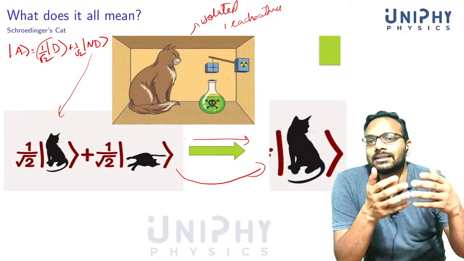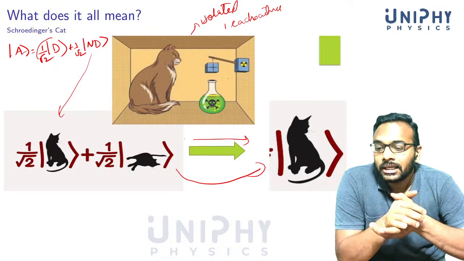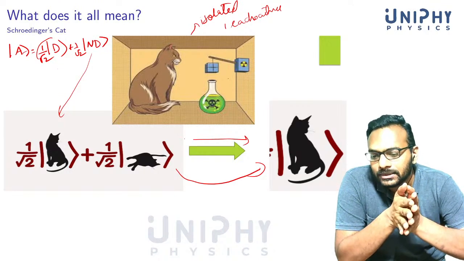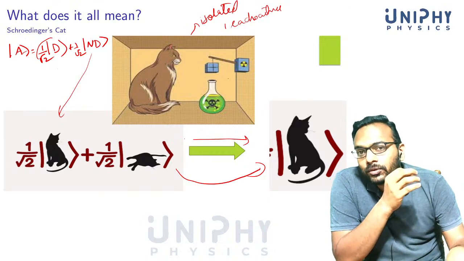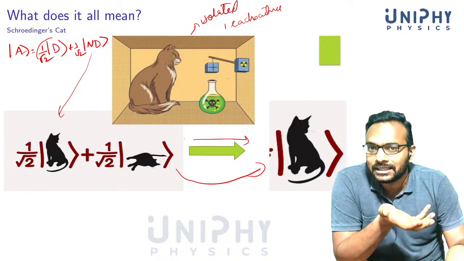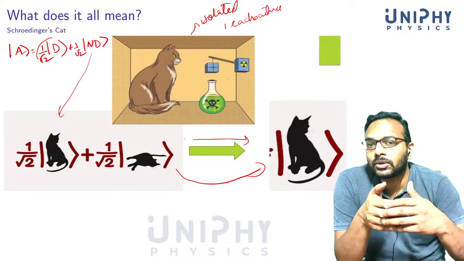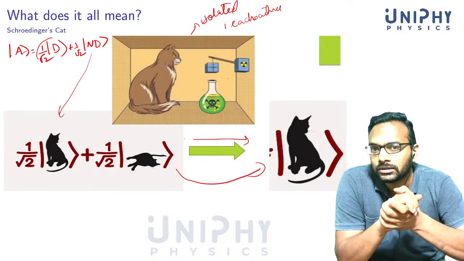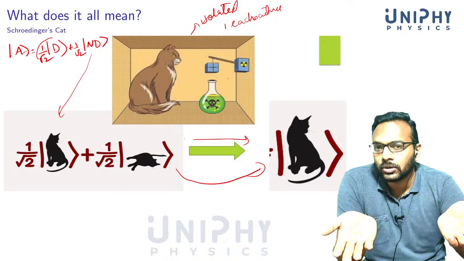Now Schrodinger is asking, can you believe this? It's so weird. Now this is a real problem, because we don't know how the wave function collapses or why it collapses. The mathematics of quantum mechanics as such does not predict that the wave function has to collapse. It only says that the wave function, or the state vector, evolves according to the Schrodinger equation, and that evolution is smooth. There is no collapse.